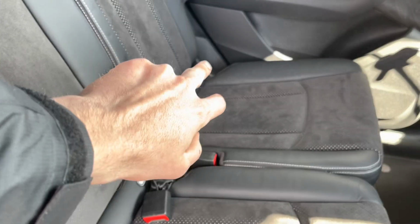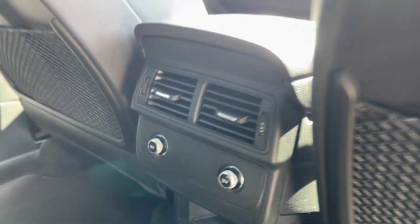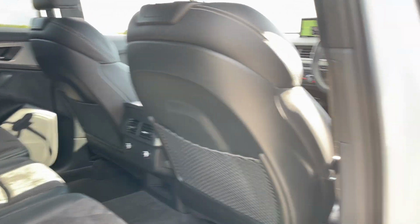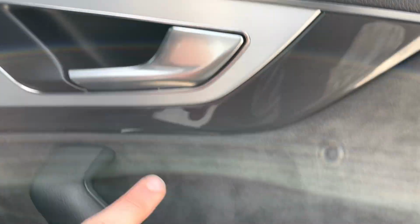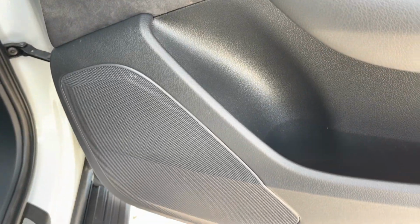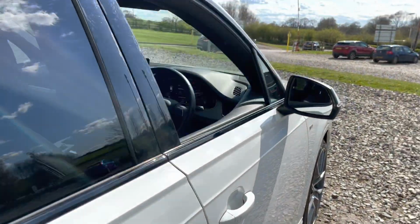Close that back up. We've then got the ISO fix points within these back seats. In the middle here, we've got 2 12-volt connection points. We've got the vents, we've got the storage nets behind those front seats as well. Now on the doors here, we've got the brushed metal handle, electric window control, some storage. We've then got the integrated speakers there too. Now moving on to the front,